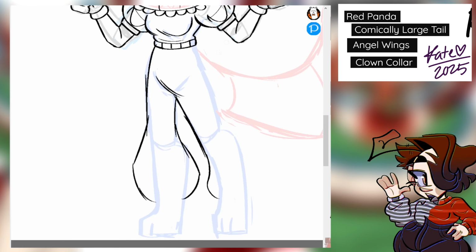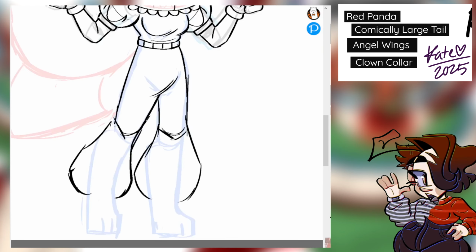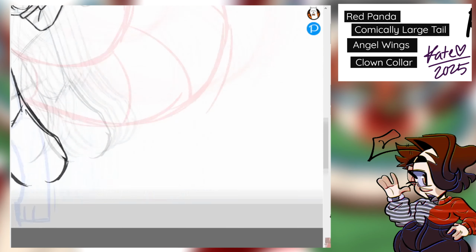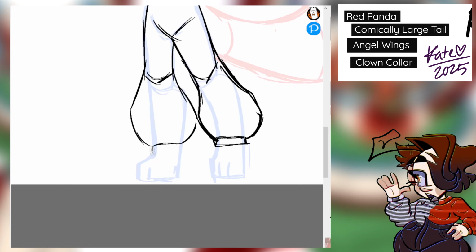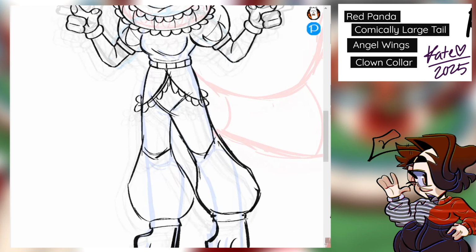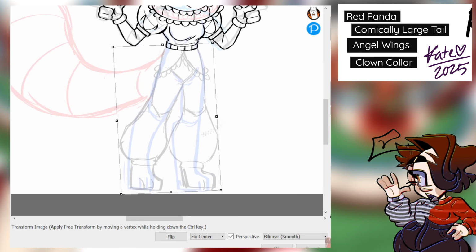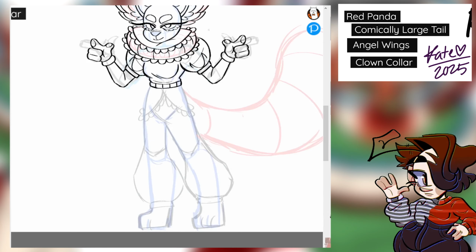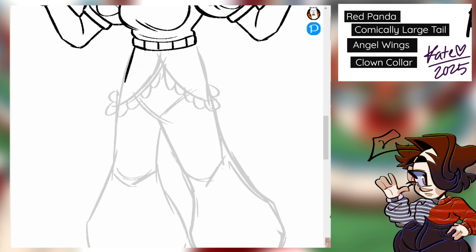Then I got my sketch good, and then I realized, oh my gosh, this is massively crooked. So I had to select everything and then drag it over, and then it was a whole ordeal. And then I was like, well, how do I incorporate frills on these pants? They look odd, and then I had to figure that mess out. So it was just an overall